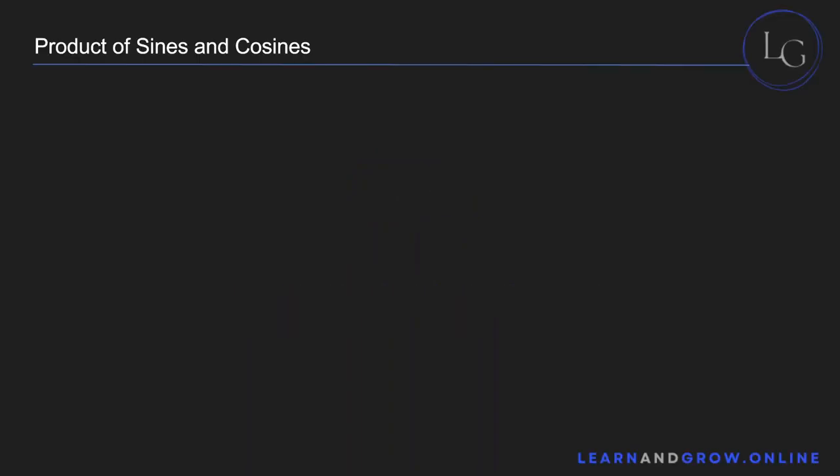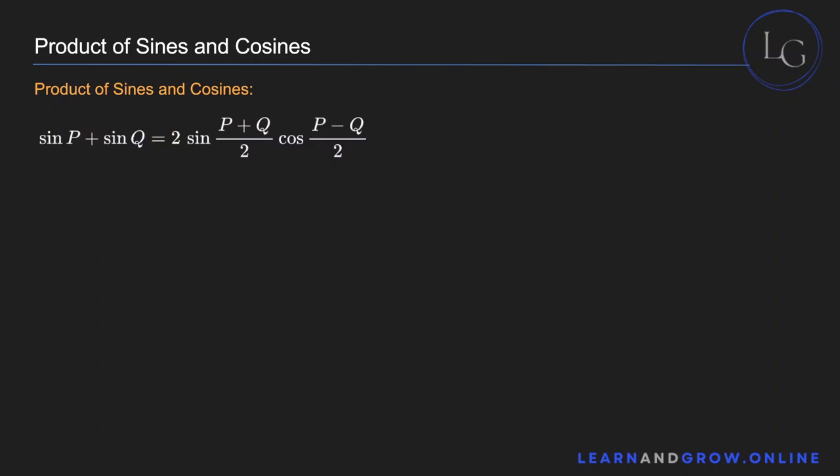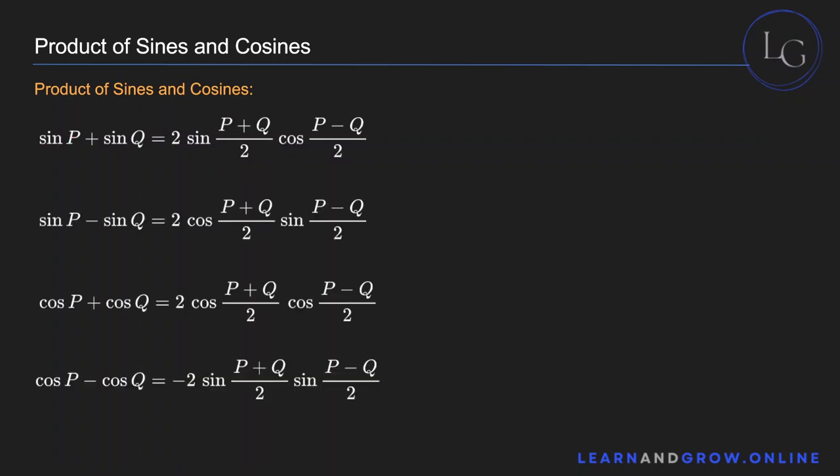Now let's see the products of sines and cosines and how we can express them as sums and differences. So it's basically the opposite of what we did before, but it's the same logic. You can get either one by the same process. So it says that if you have different